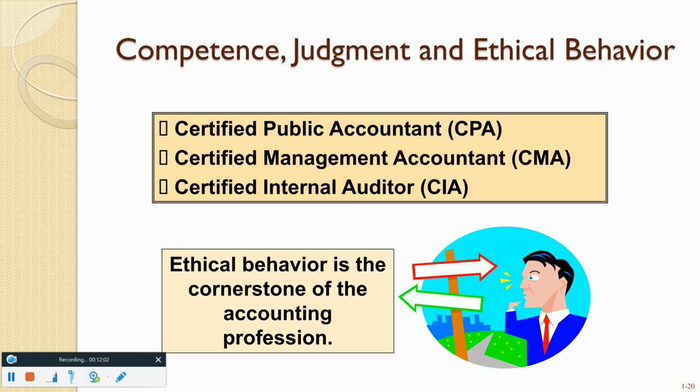Accountants tend to have the reputation that they are honest, ethical people. All right, and obviously we want that to be. We want people to believe and trust in the financial records that we are preparing for use in making decisions. So certainly that is a very, very important piece.